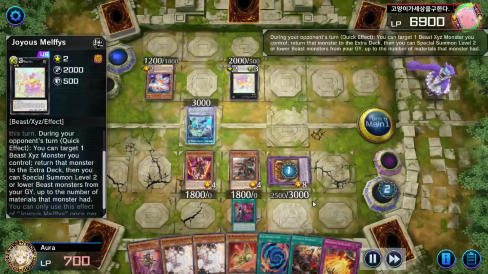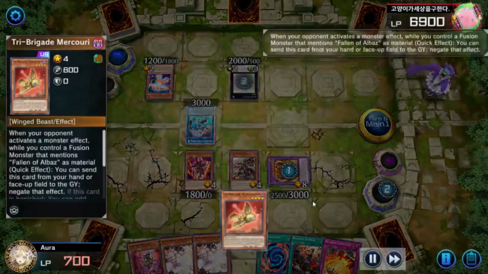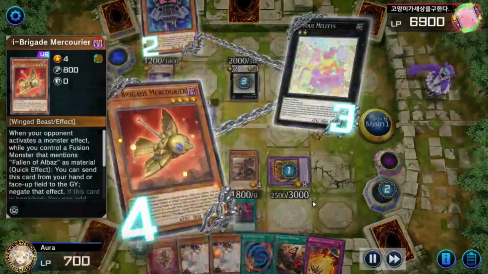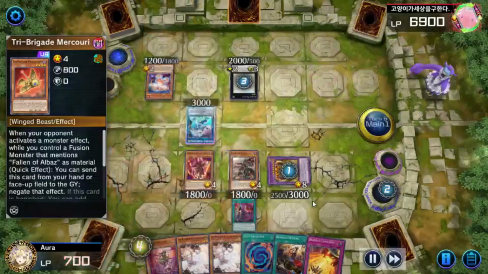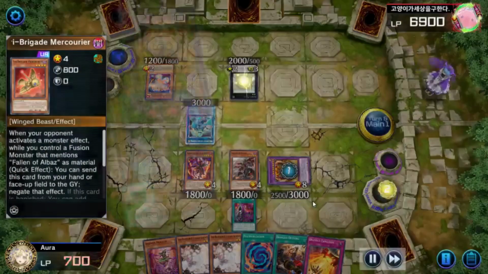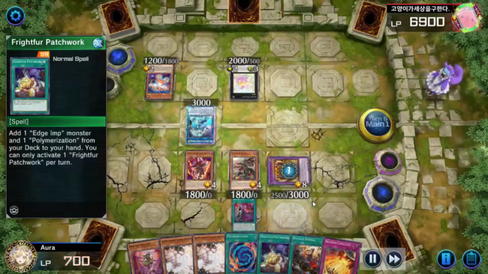So he's going to go for the Melffy effect, but because I have a fusion on the board, I've got the Mercurier to negate it, which is great. And the Mercurier is going to trigger to negate it. Mercurier is a great card, obviously, and for this reason, things like this. So the Melffy's going to get negated, the Edge Imp's going to resolve, and the Libellion is going to summon